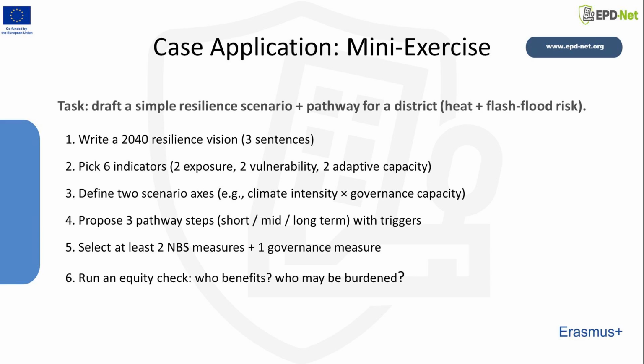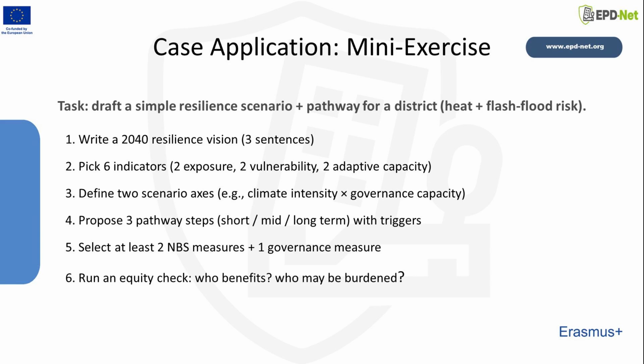The mini exercise in this topic brings the method together in a simple applied format. Imagine a district exposed to both extreme heat and flash flooding. The task is to write a short resilience vision for 2040, choose a compact set of indicators, define 2 scenario axes, and propose a 3-step pathway from the short term to the long term. The value of the exercise lies in disciplined